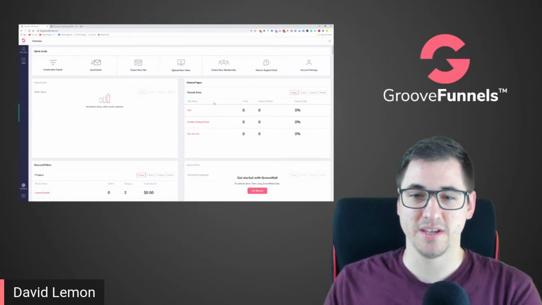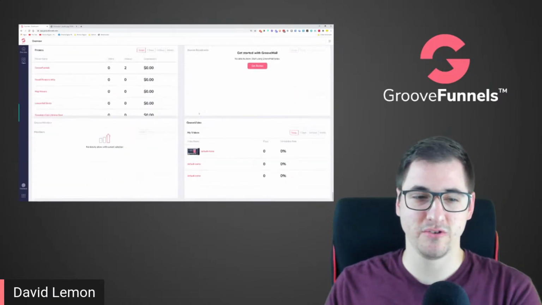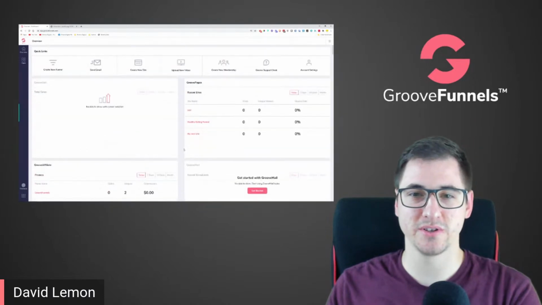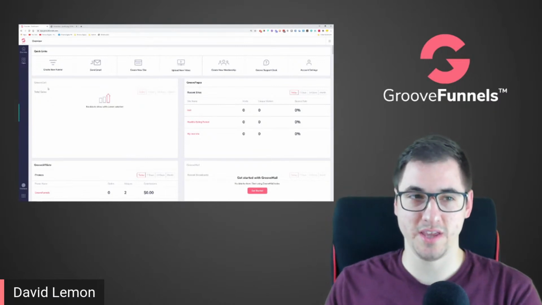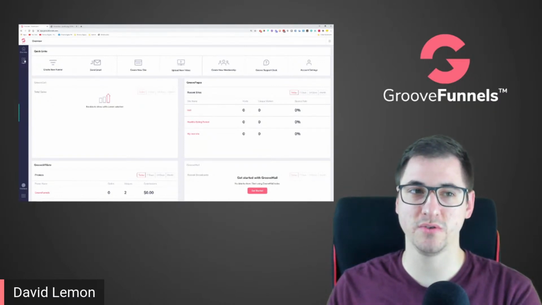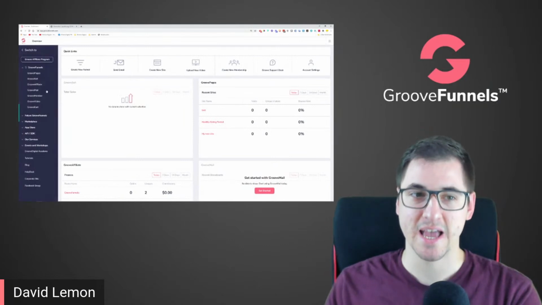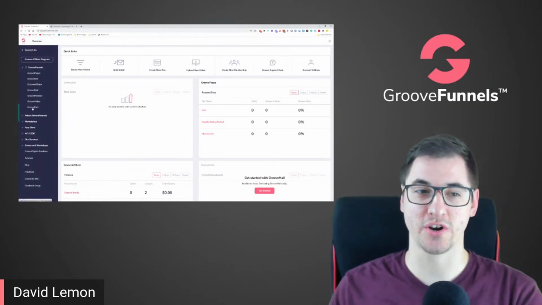Over here, you can see GroovePages, Groove Affiliate, Groove Mail, Groove Member, Groove Video, and so on and so forth. So you can see all of the necessary things that you want. At this moment, GrooveKart is not on here. So for GrooveKart, you will need to click on the button Apps and then head over to GrooveKart over here